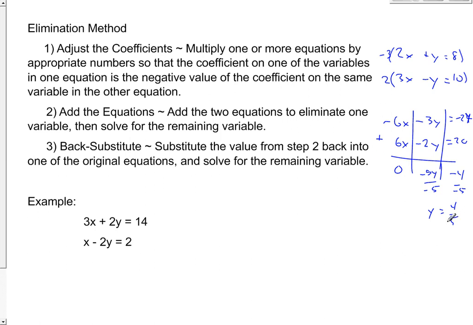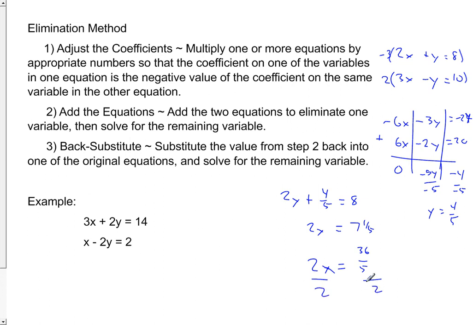So to do that, I'm going to plug in the 4/5, and it goes into either equation. And I would get 2x plus 4/5 equals 8, and then I would go on to solve that to finish my step 3. So I would subtract 4/5. I would get 2x equals 7 and 1/5, which is 36/5. So 2x equals 36/5. And then when you divide by 2,